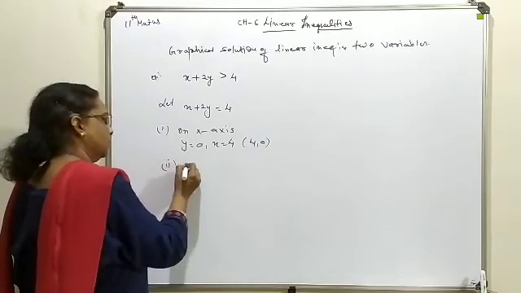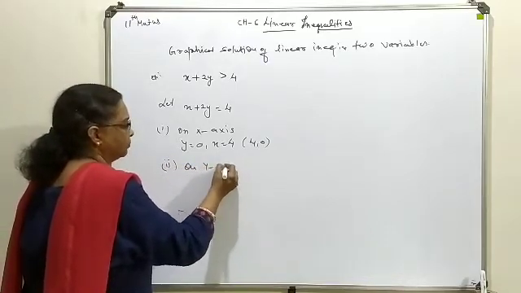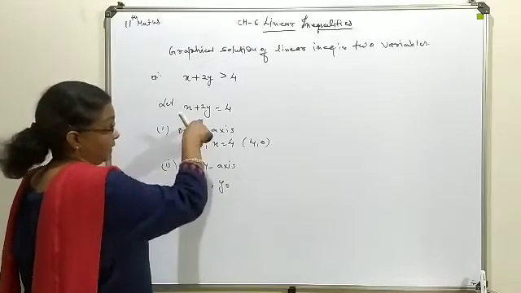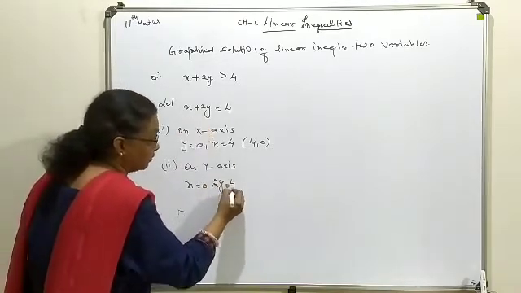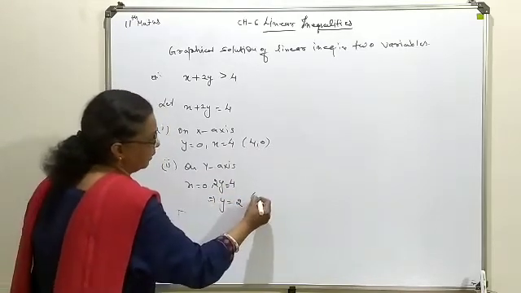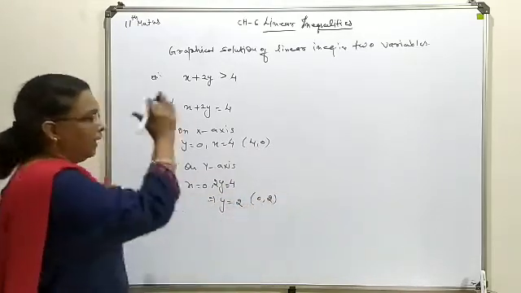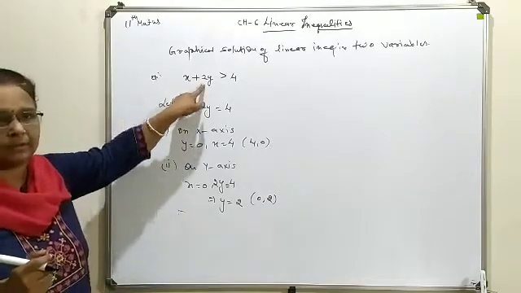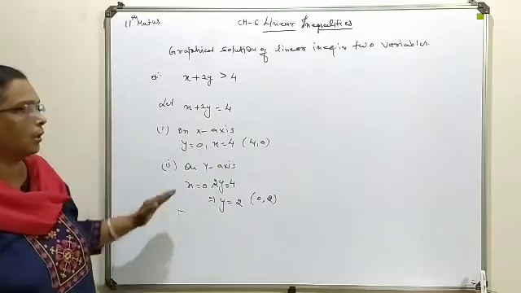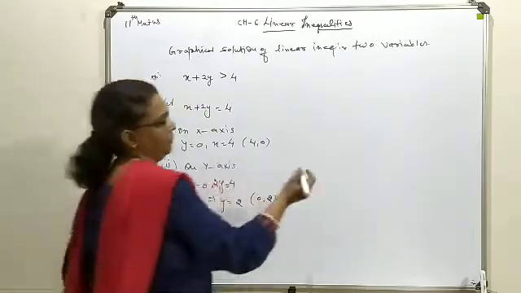Another one is on the y-axis, where x becomes 0. So obviously the y you will get here. You see, this is 2y is equal to 4. So y you are now getting as 2. So the point now you are having is (0, 2). In the previous case no multiple of y was written, so as such we have written the answer in that form. Now these two are to be located on a graph.